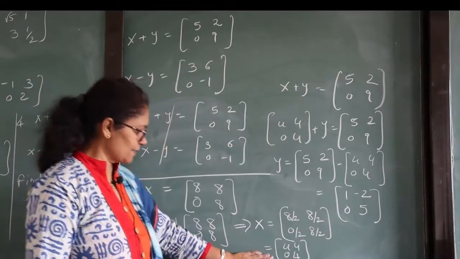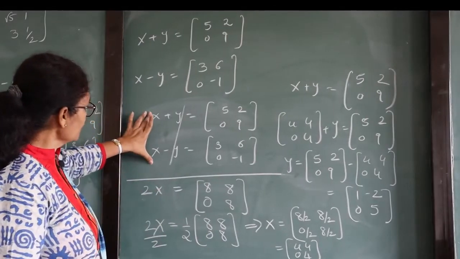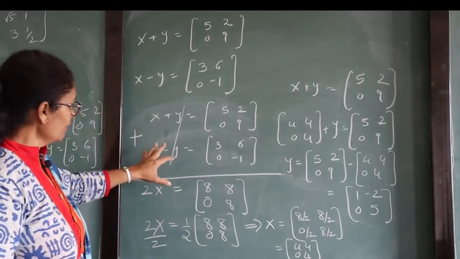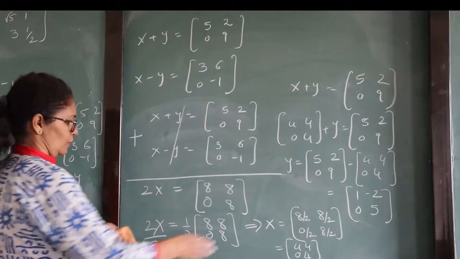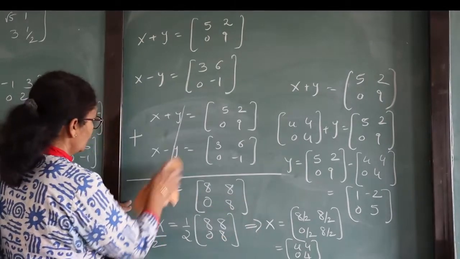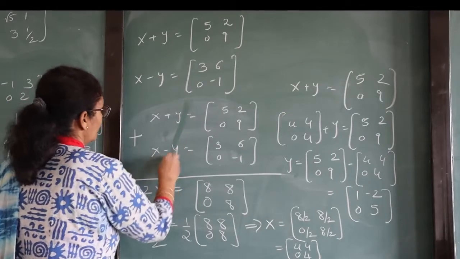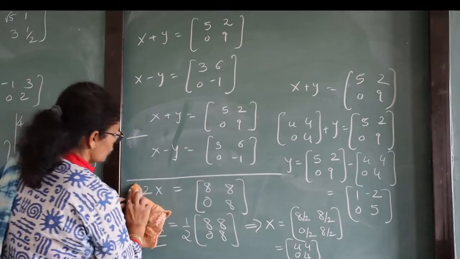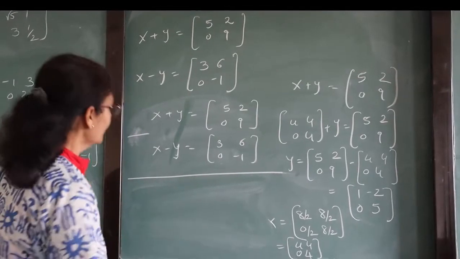After getting X, you can do one more thing. Just as we took the addition of these two matrices, now you take the subtraction of these two matrices. When you subtract it, what is the change in it? I will show you that method also. Now X and Y are clear to you. So we will make a change: in place of addition, let's start with subtraction. So when we subtract it, what will you get?